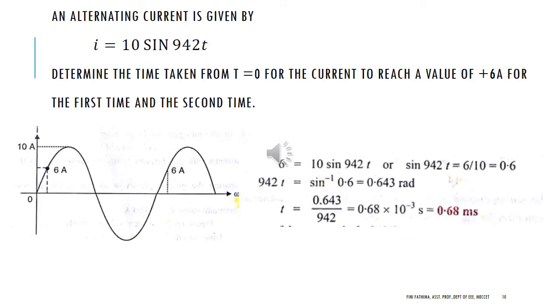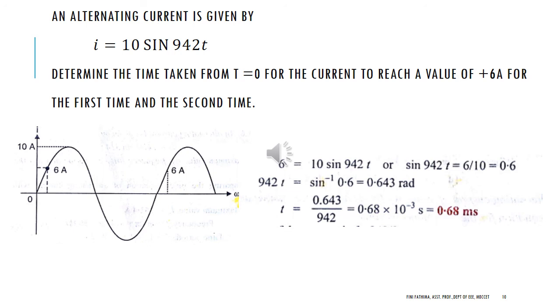This is an important question, university question. We are given the equation for current i is equal to 10 sin 942t, and we have to determine the time at which it reaches 6 ampere for the first time and the second time. For the waveform, you will get the idea, and for this we have to find out for one cycle what will be the time period. Omega is given as 942. So omega is 2 pi f is equal to 942,